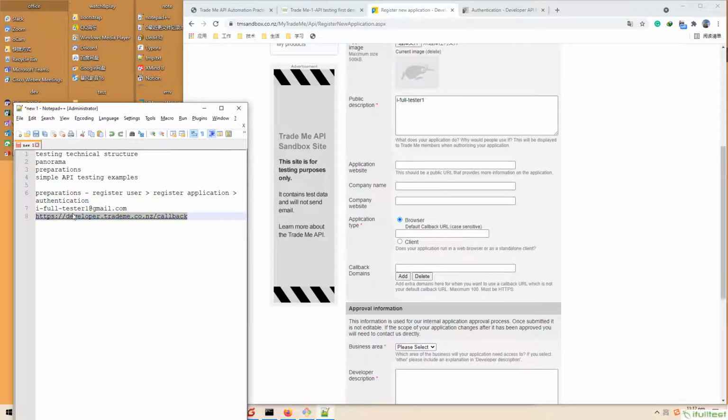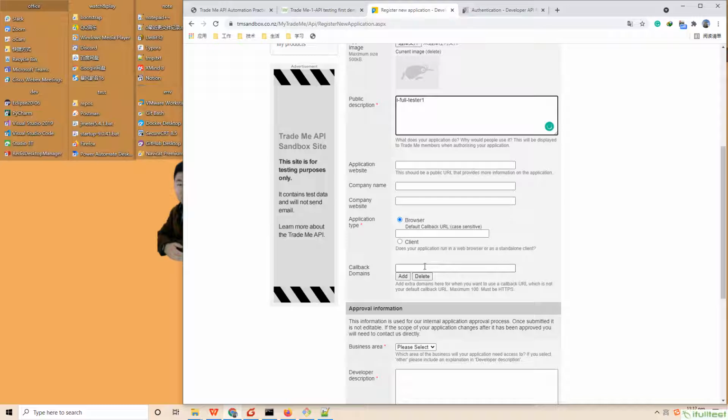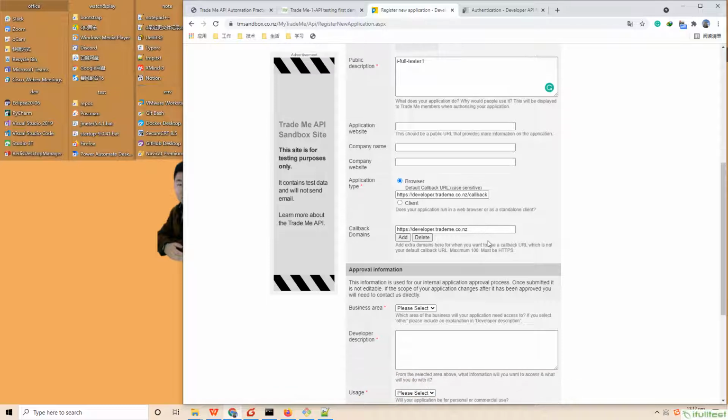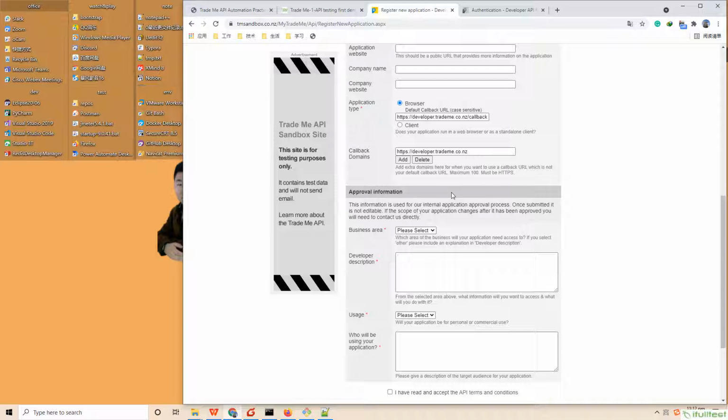Here we need to notice these two fields you have to fill in info. Otherwise, you cannot get your authentication info at the later step.